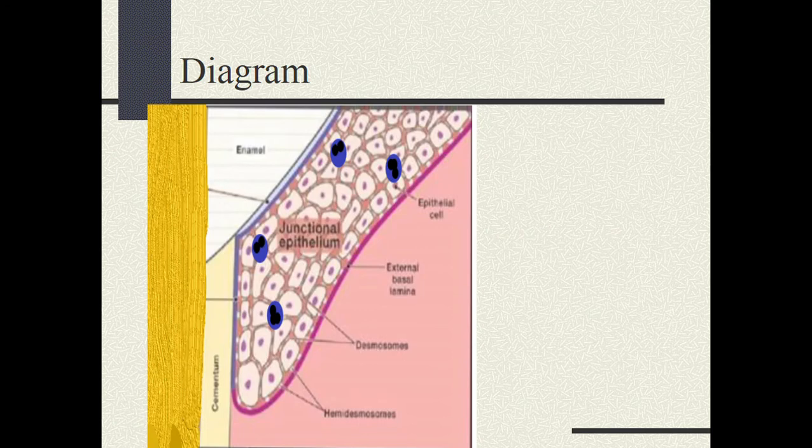And this is a very easy diagram to draw. This is the root surface, this is enamel, and this is cementum. This is our junctional epithelium having basal layer and suprabasal layer, and 1 to 2% neutrophils are always there in the junctional epithelium. I have shown desmosomal junction and hemidesmosomes toward the epithelium. Hemidesmosome is half of the desmosome, hemi toward the epithelium and toward the surface of the tooth, and desmosomes in the middle.